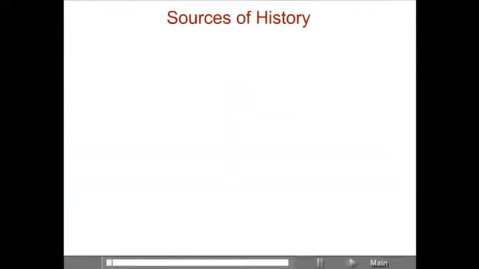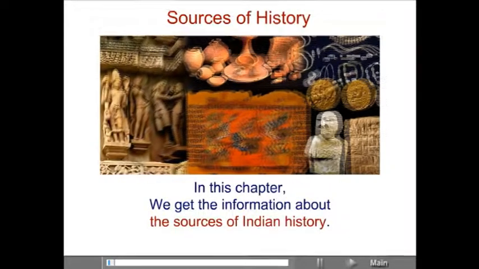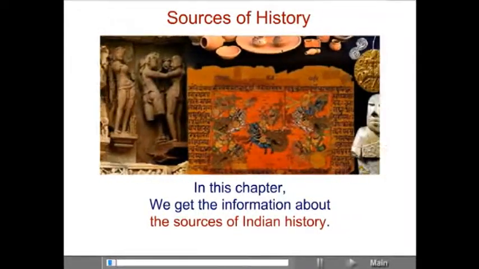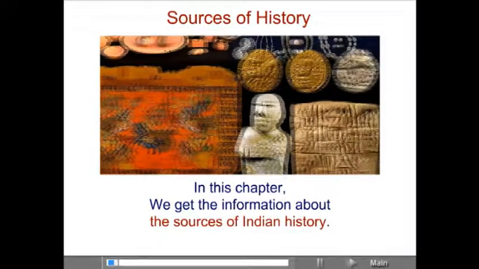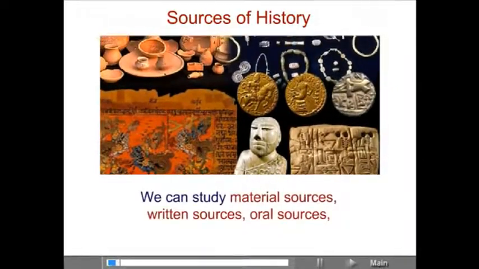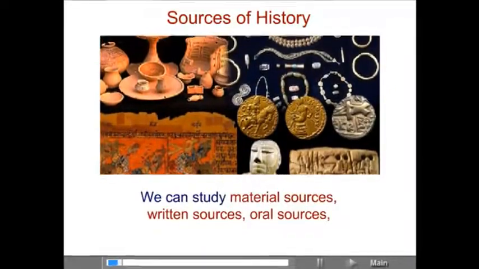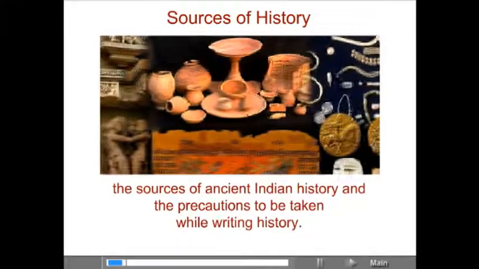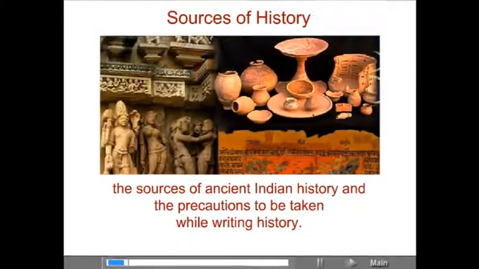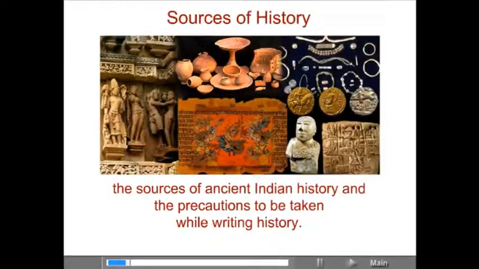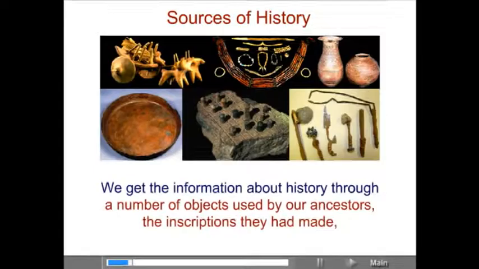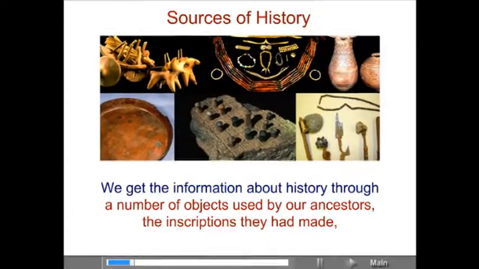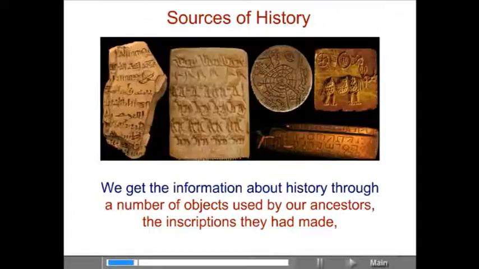Sources of history. In this chapter, we get information about the sources of Indian history. We can study material sources, written sources, oral sources, the sources of ancient Indian history, and the precautions to be taken while writing history. We get information about history through a number of objects used by our ancestors, the inscriptions